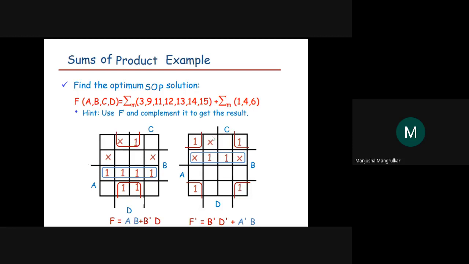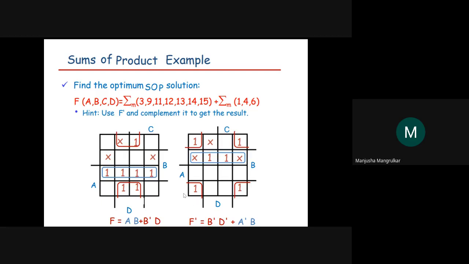Now here don't care is always written as a cross, neither a 0 nor a 1. If you require, you can group along with it as per your condition. If you don't require, you can leave it as it is, you don't think about that. Now see here, rather than doing only a group of two 1s, we can do a group of 4 1s, because we are considering this don't care. All the corners are also ones, so rather than doing this group of 4, because these three ones are left, we can do an all-corner group of 1s.